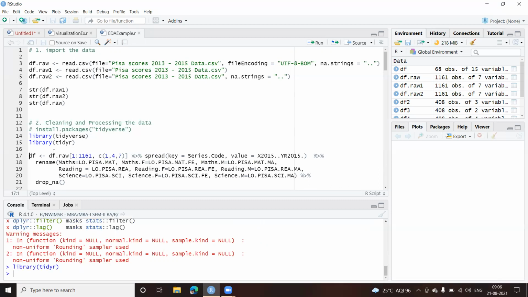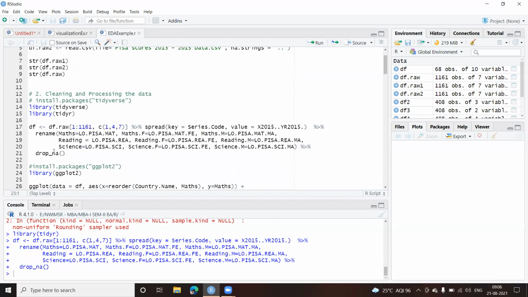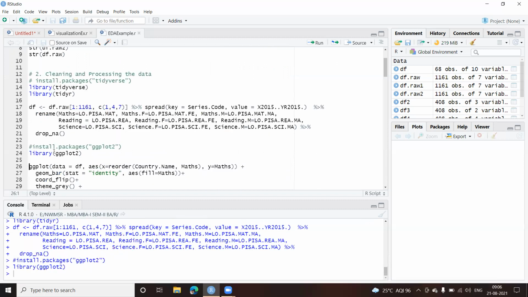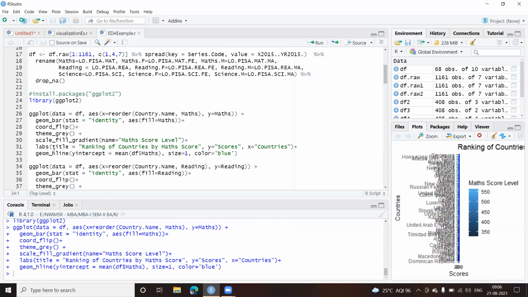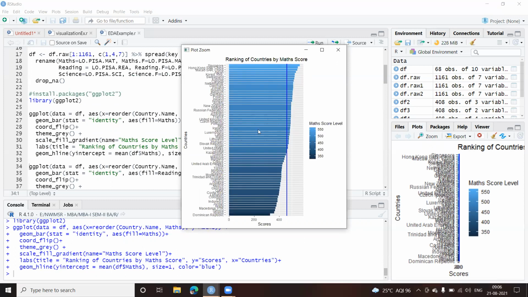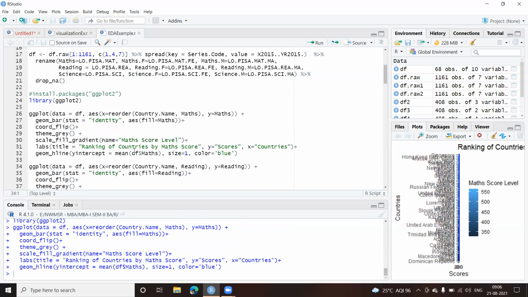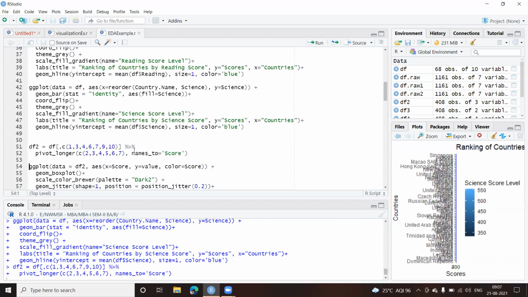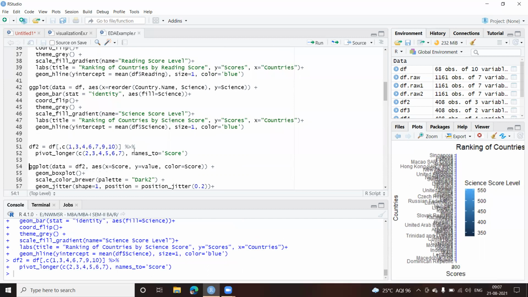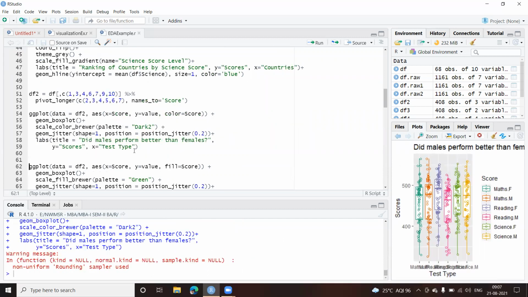Okay. Then we executed this. We included the ggplot. Okay, this was the first plot which we plotted. Now this is not looking good, so let us zoom this. Okay, this was the plot. I'll just quickly run everything. Then we created this. We got this ggplot, the other one.